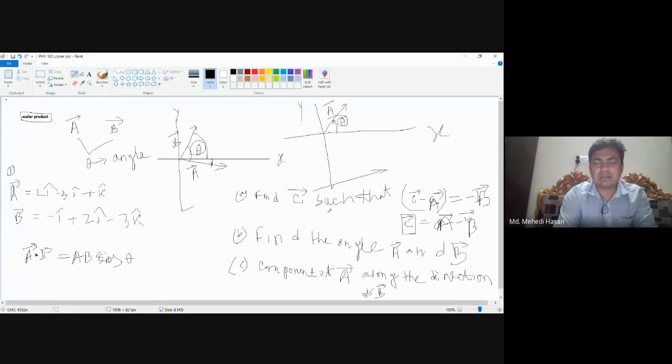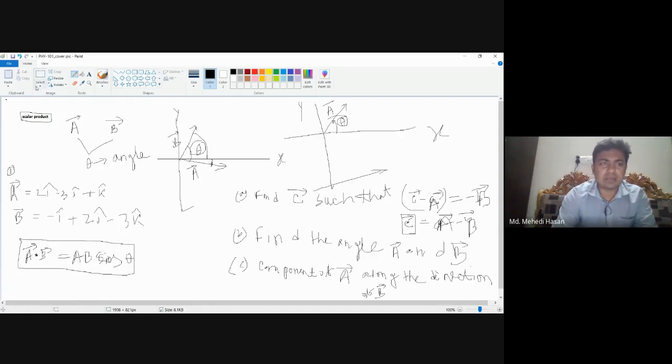I think you can easily find out the magnitude, because if you solve this, the answer will be like that: C equal to say 3i minus 5j plus 4k. Then from this you can easily find out the magnitude of vector C. Okay, so this is the question pattern. Now let's see how we can find the angle between two vectors